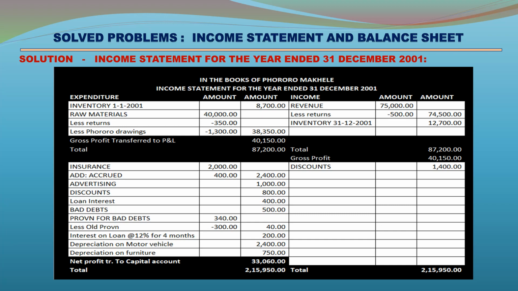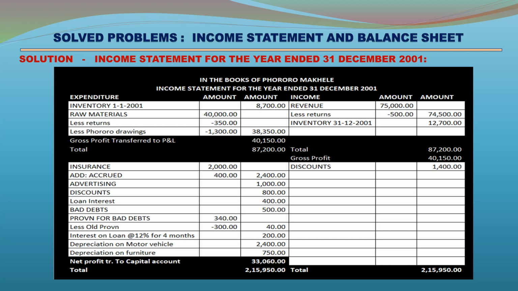On the debit side, insurance 2,000, add accrued 400, total insurance 2,400, advertising 1,000, discounts 800, loan interest 400, bad debts 500, provision for bad debts 340, less old provision minus 300, interest on loan at 12% for 4 months 200, depreciation on motor vehicle 2,400, depreciation on furniture 750. When we balance the account, there is a balance of 33,060 representing net profit to be transferred to capital